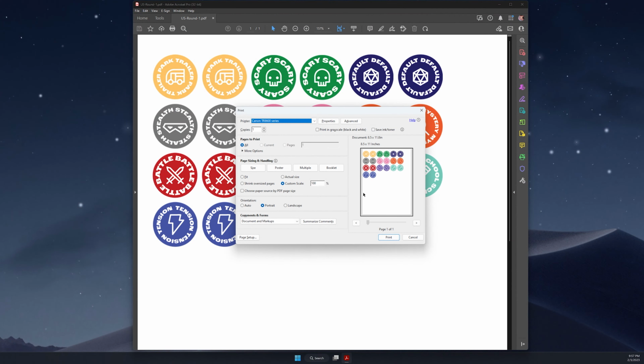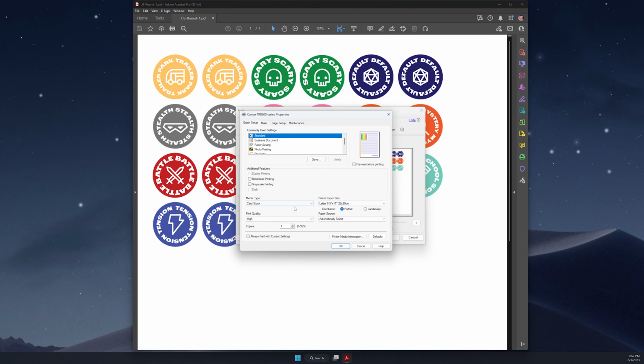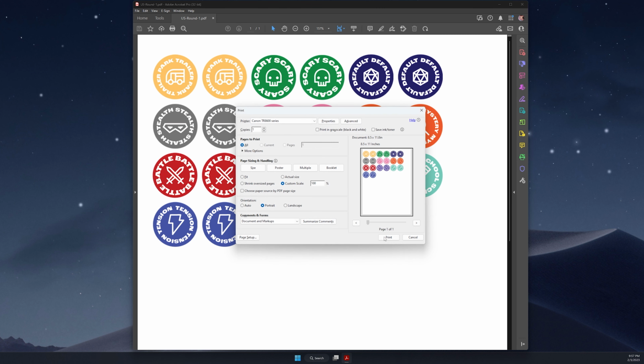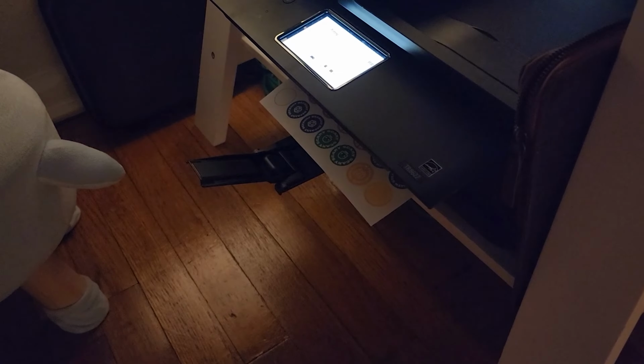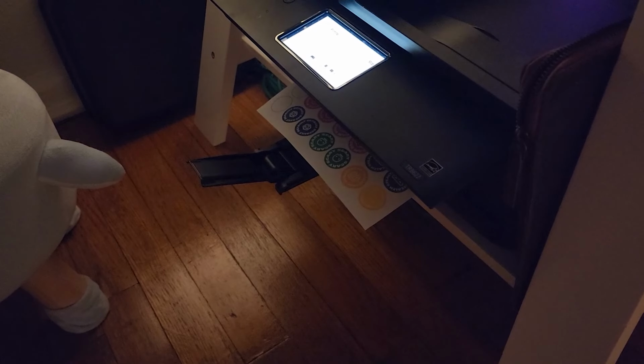The first thing I need to do is print out the little circle round icons. Now, these icons were designed by my brother, who's a professional graphic designer. He's super awesome. And I'll even put some of those designs below if you want to use them for yourself for any reason. Print them out of my printer by using the template that was provided by the manufacturer of